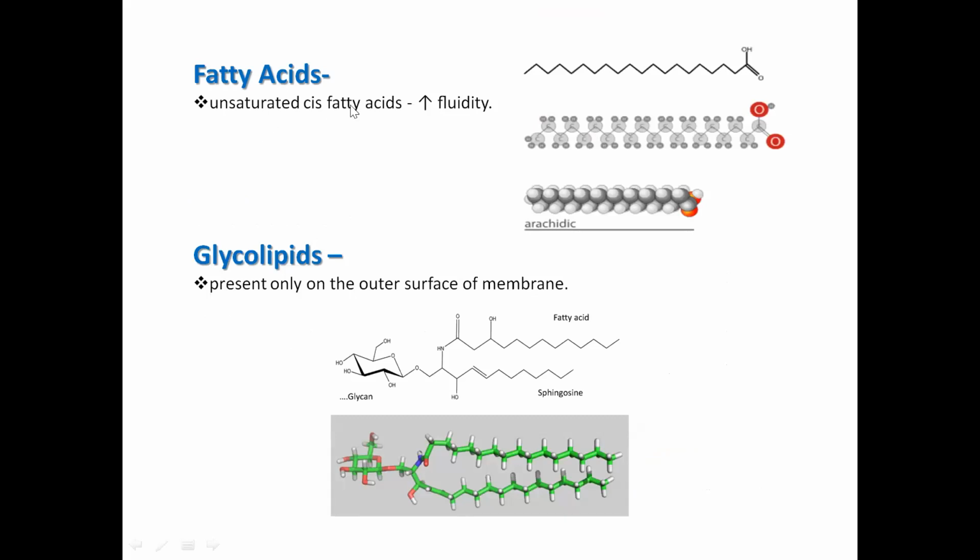What is a fatty acid? The first question arises. Okay, so unsaturated cis fatty acids, this is the unsaturated cis fatty acid. Cis fatty acid means the orientation will look like that. This is a trans fatty acid. But what is cis? This one. If the structure looks like Z, this is the Z actually, so it is trans. But if the structure is like this one, like a plate, you can see the plate-like structure.